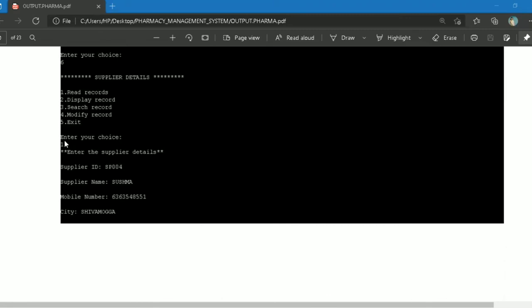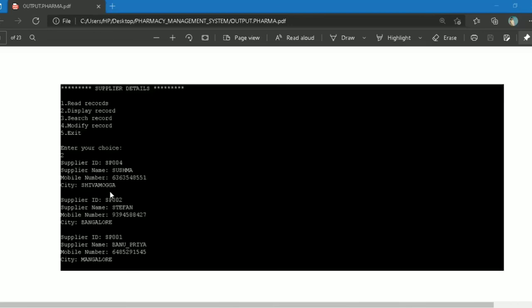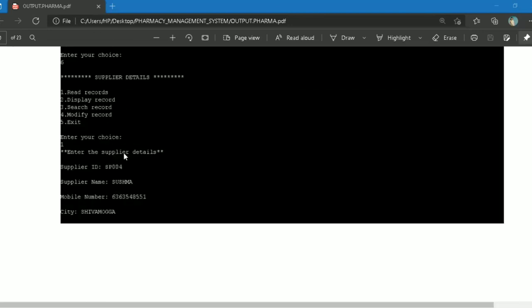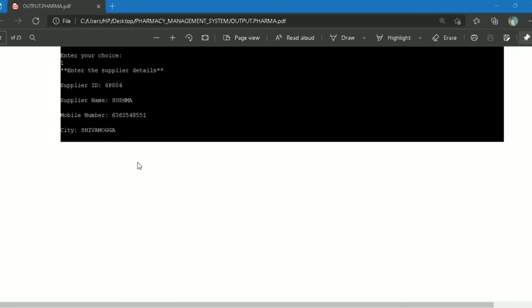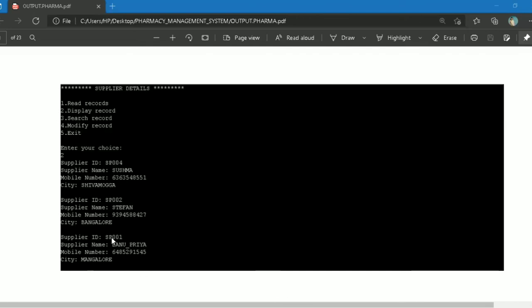If the user enters 1 as a choice, it asks the user to enter the supply ID, supplier name, mobile number, city. Here I have given another two records of the supply details, which contain Stefan and Panupriya, SP002 and SP001.